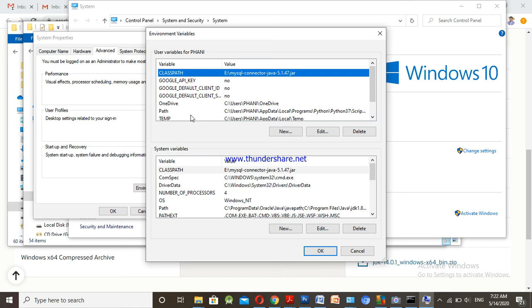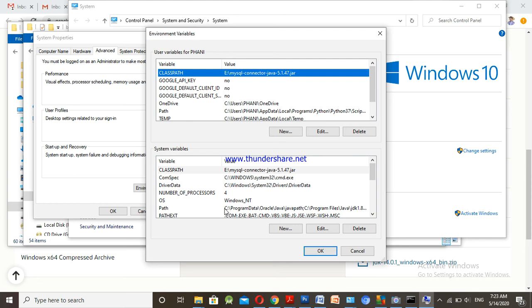If you have many users on your computer, and you are logged in with some other user, that path won't work. That's why you can set the path in system variables. If you specify the path in system variables, then it can be applied for all.